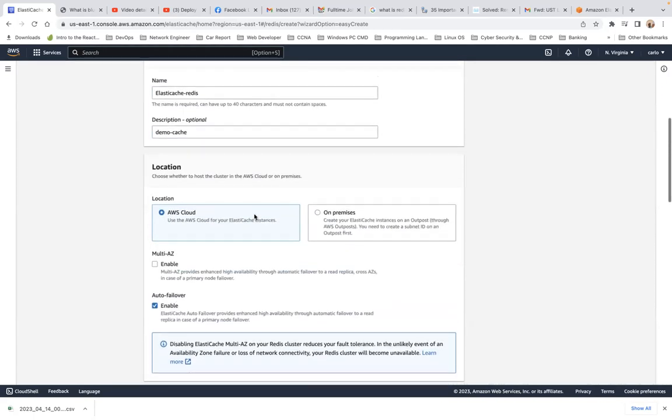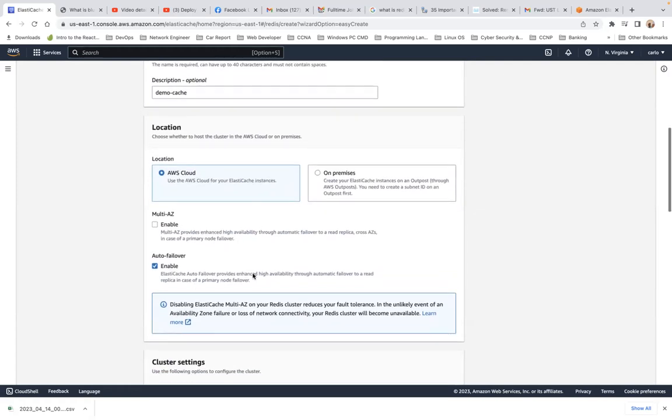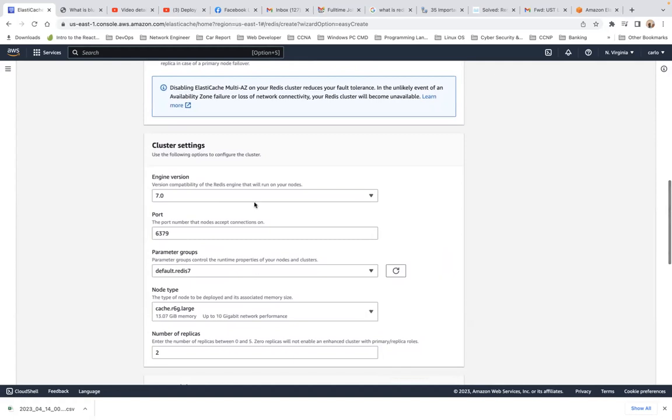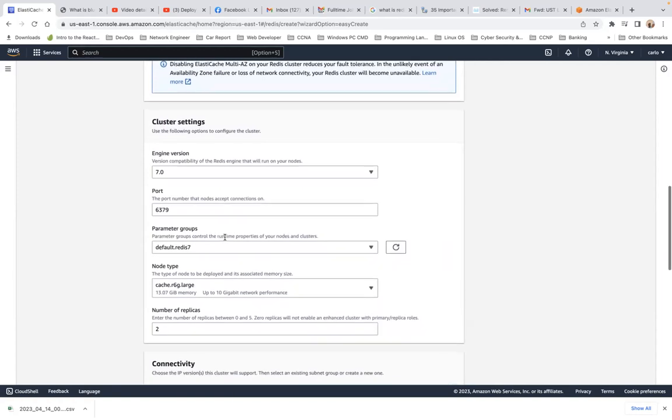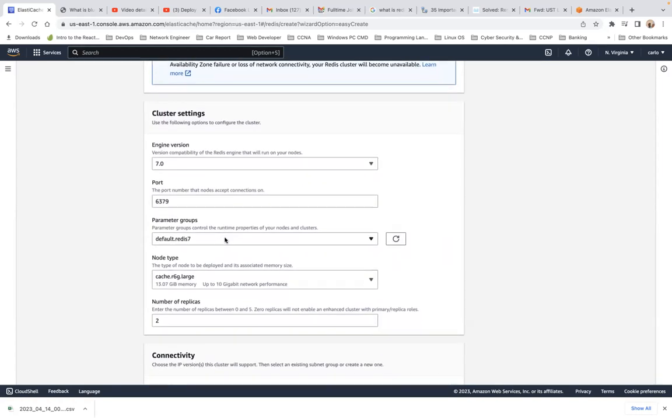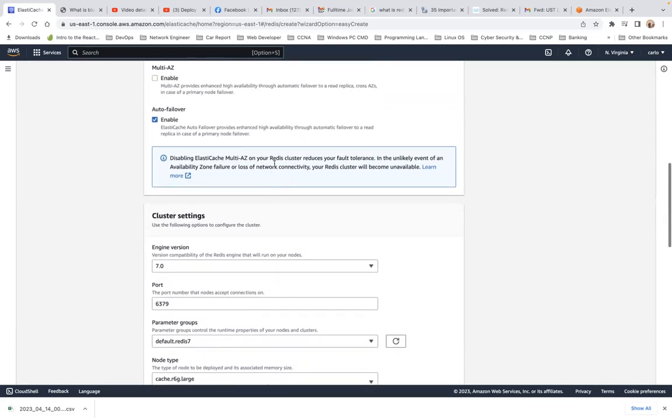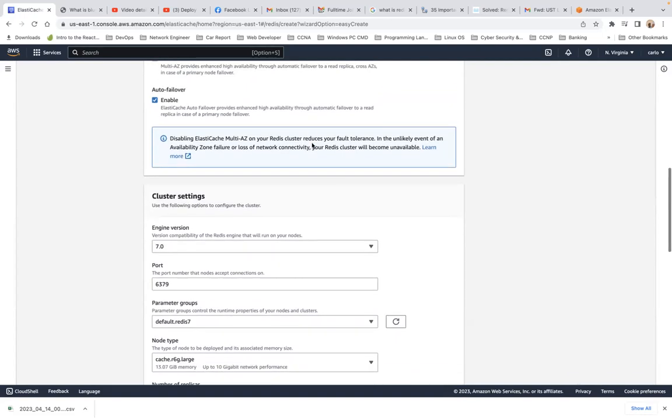I will leave this like that. Enable ElastiCache failover. Now we have the engine version. We're gonna leave that like that. The port number 6379. We can leave everything as default. Basically, this auto failover on the ElastiCache cluster enables you to get high availability. So we specify the engine version,